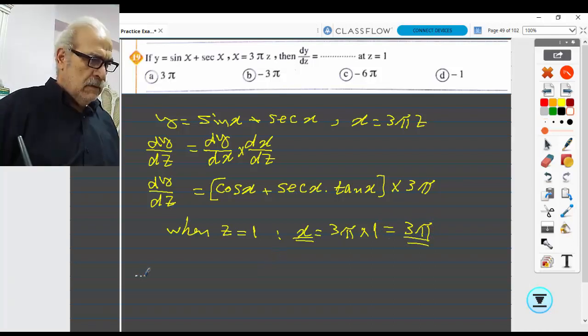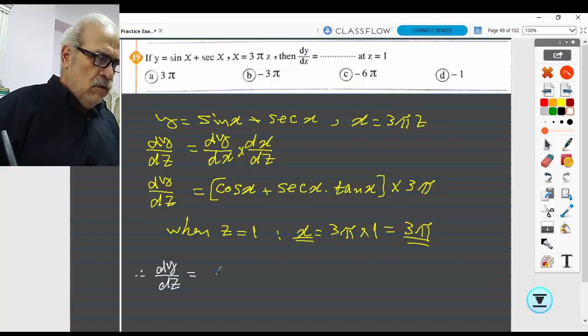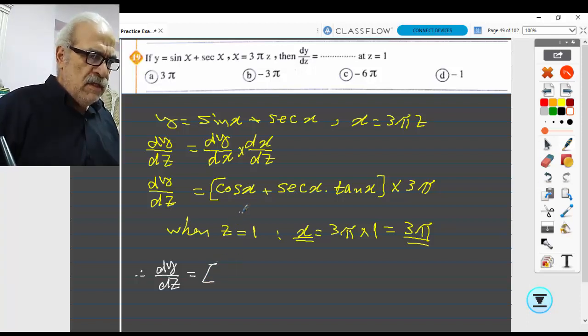Okay. Now dy dz equals cosine x. Instead of x, we substitute x equals 3 pi. So we have cosine